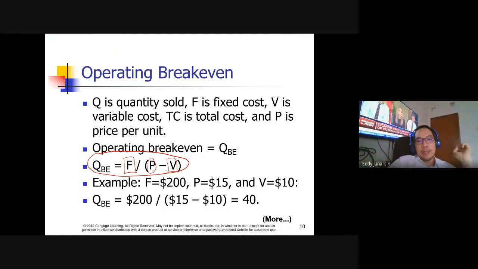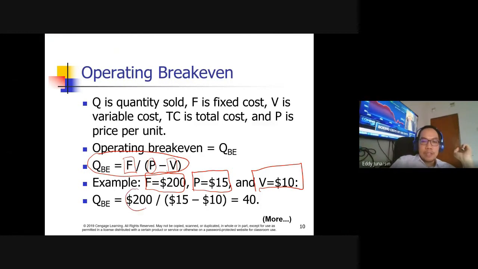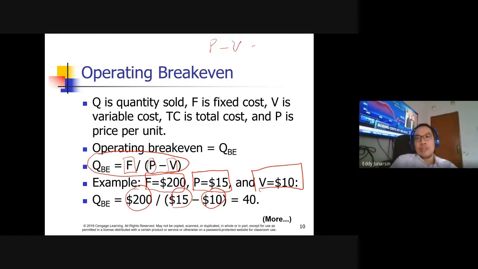So see an example here. The fixed cost is 200, maybe 200 million, 200,000. Price per unit is 15, and the variable cost per unit is 10. So you could estimate the break-even quantity as, again, the fixed cost divided by the price per unit minus the variable cost per unit. The price per unit minus the variable cost per unit we call the margin here,